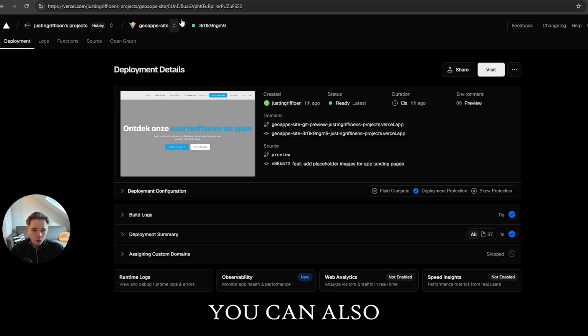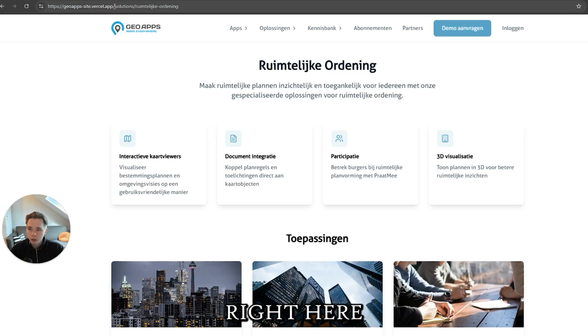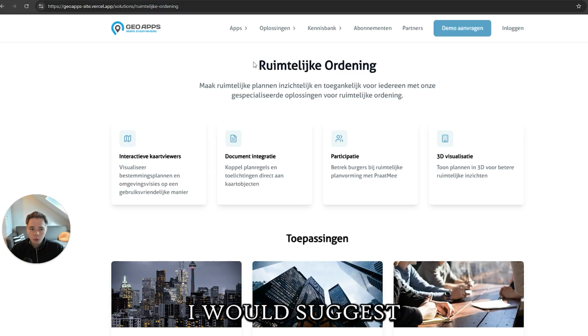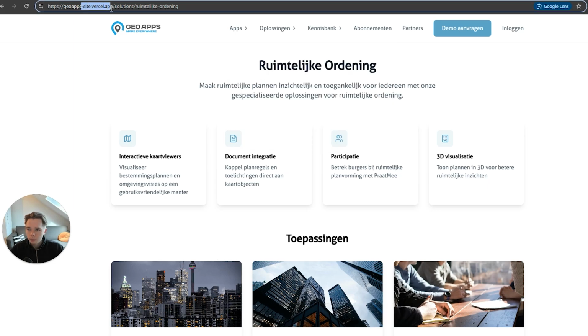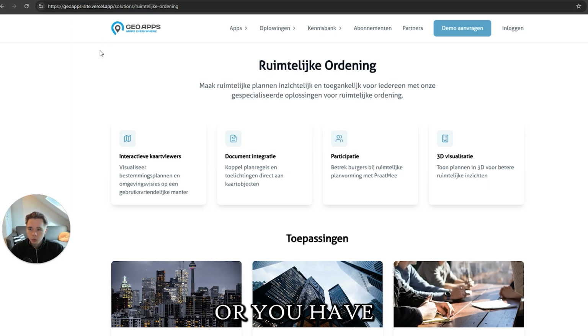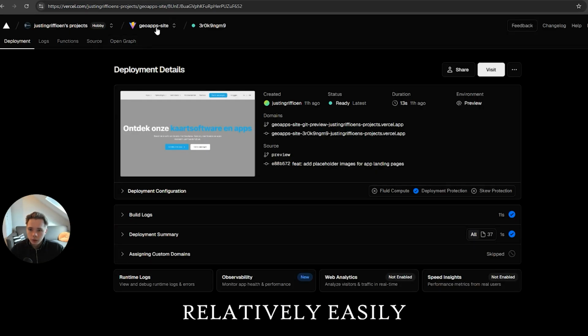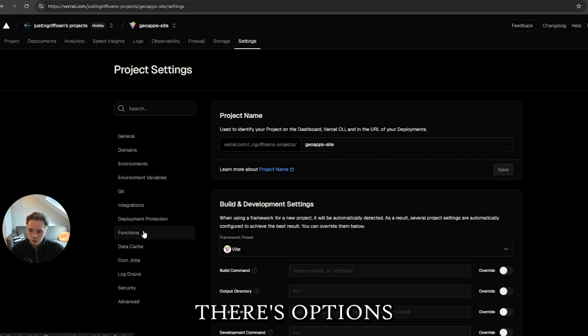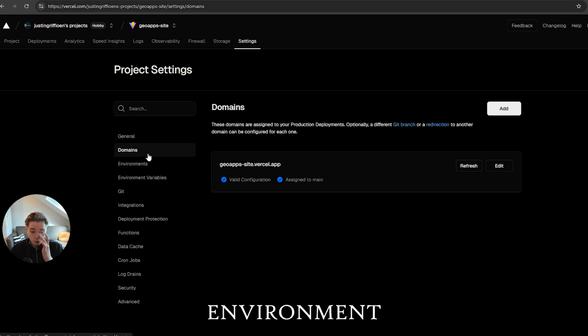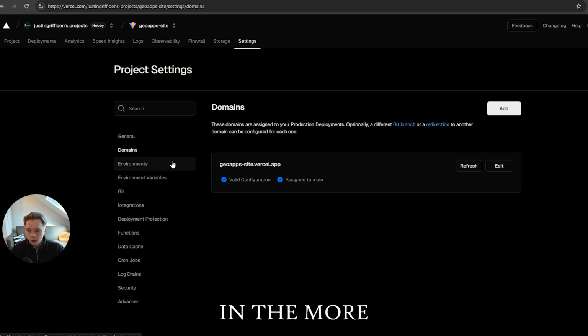The main branch you can also connect to an actual domain. So as you can see right here, it still says Vercel app. I would suggest you make that an actual domain, so maybe like .com instead of this, or you have another URL that you want to use. You can connect that in Vercel relatively easily. So you can go to project, you go to settings, and then here there's options for domains and even environment variables